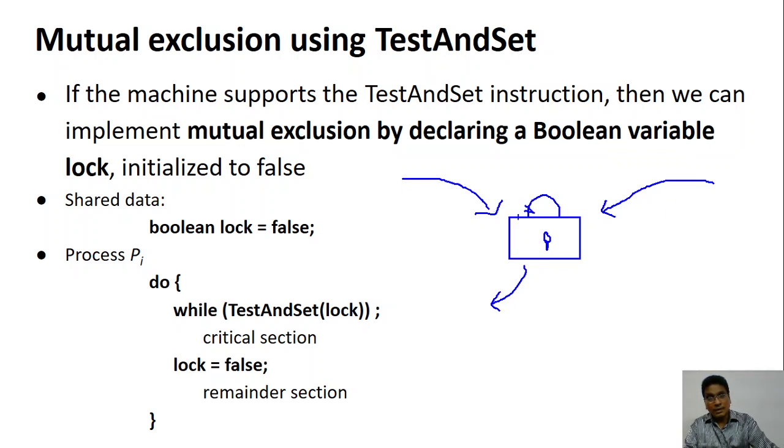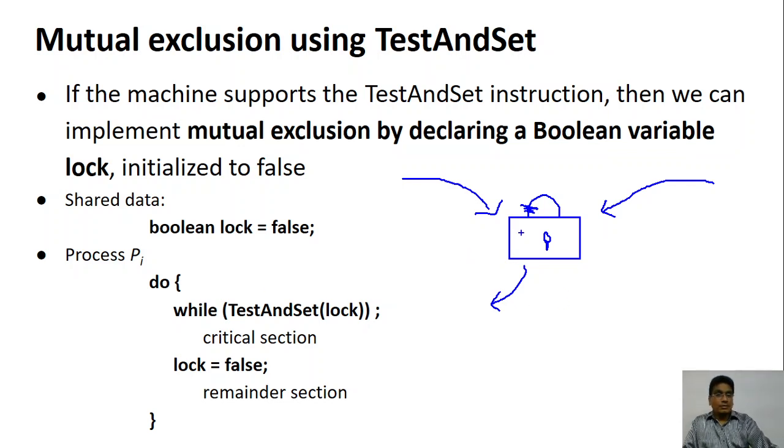So you go, if it is unlocked, you lock it, you perform the critical section. When you are coming back, you unlock it so that others can lock it. When you go, if the key is not locked, you lock it, you perform the critical section. When you come back, you unlock and go. It is simple as that.